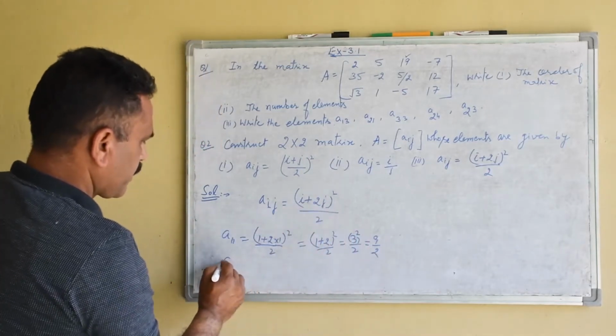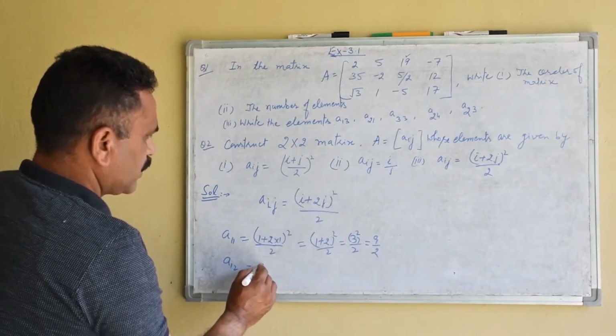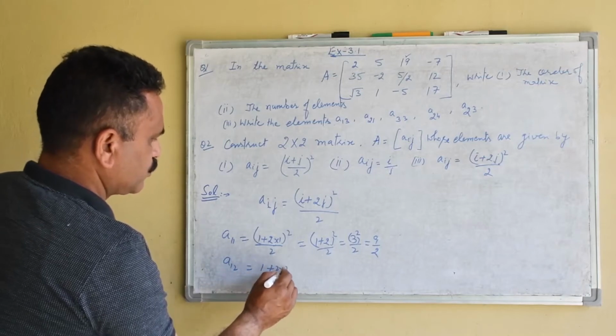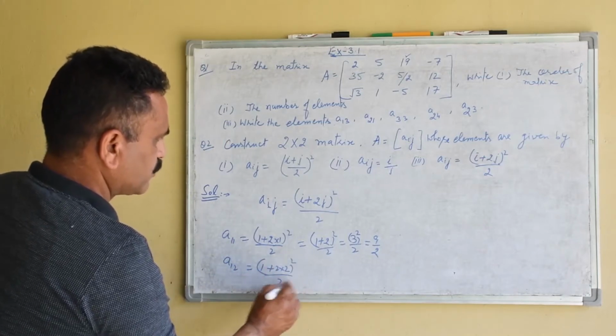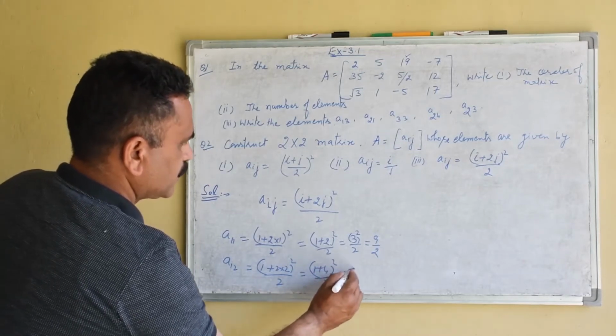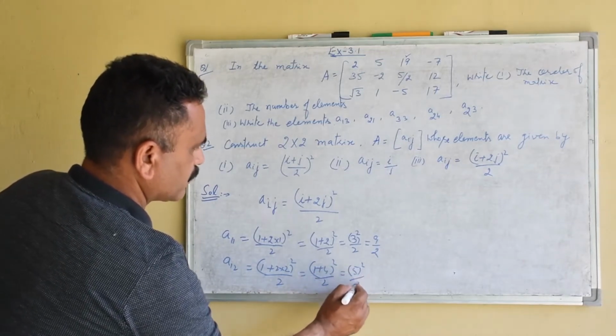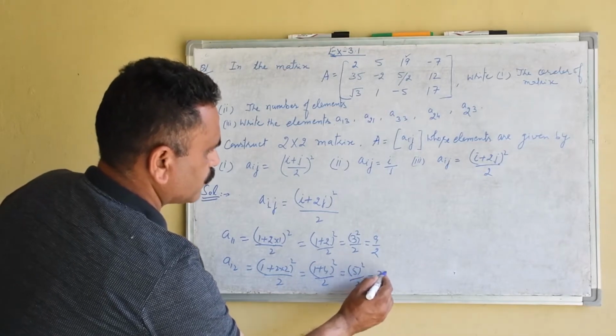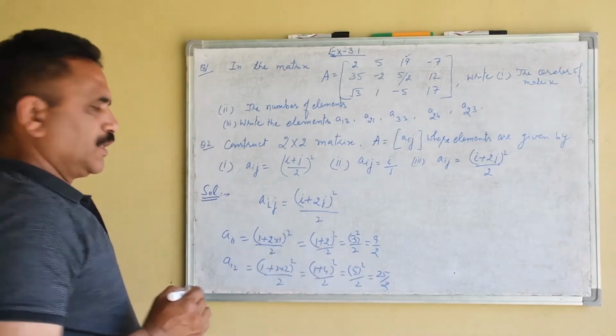Similarly, A12: i is 1, so (1 plus 2 into 2) whole square by 2. That is equal to (1 plus 4) whole square by 2. This is equal to 5 whole square by 2, that is equal to 25 by 2. Similarly,